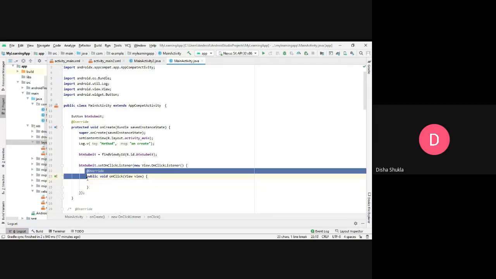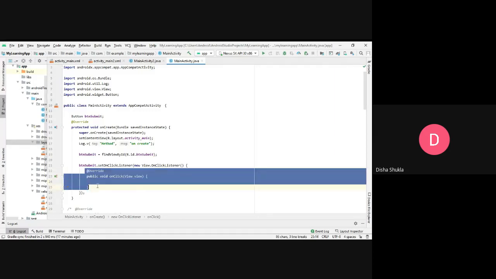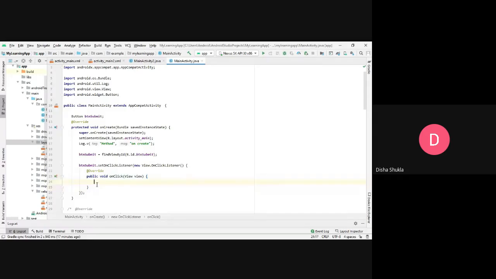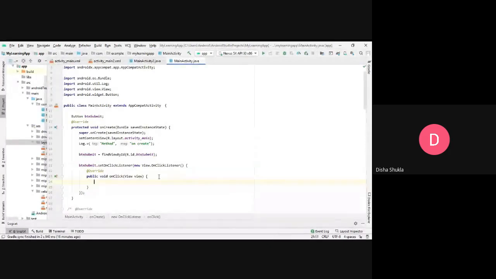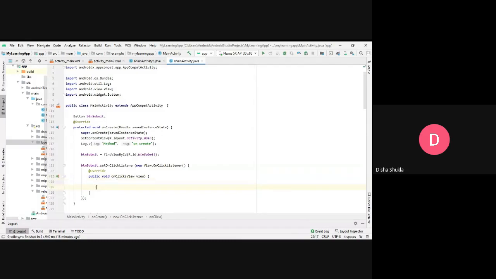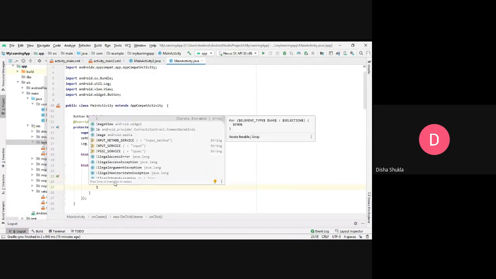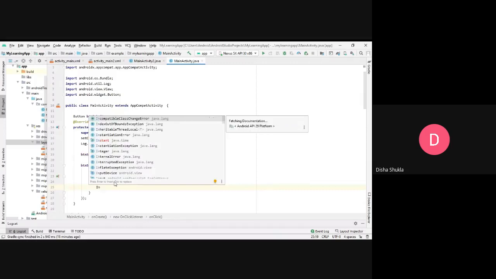After this, I have got this method called onClick. Now I am going to create the intent, and I will show you how to go from one class to another. But where are you supposed to write the code for it? Inside the onClick method. This code is auto generated, and I'll be writing the code inside the onClick method, between these two curly braces. So I'll go here and write the object.